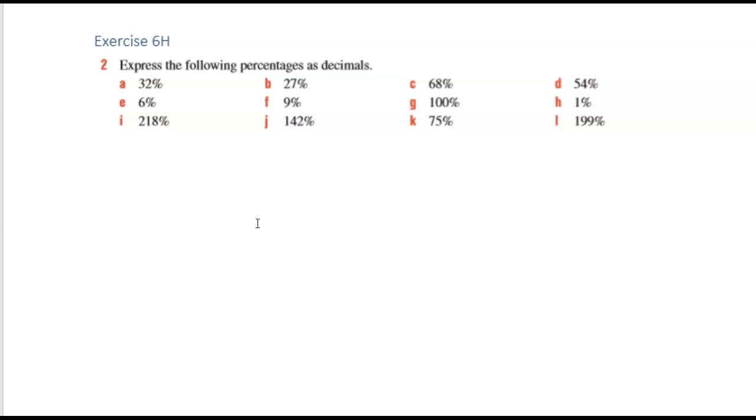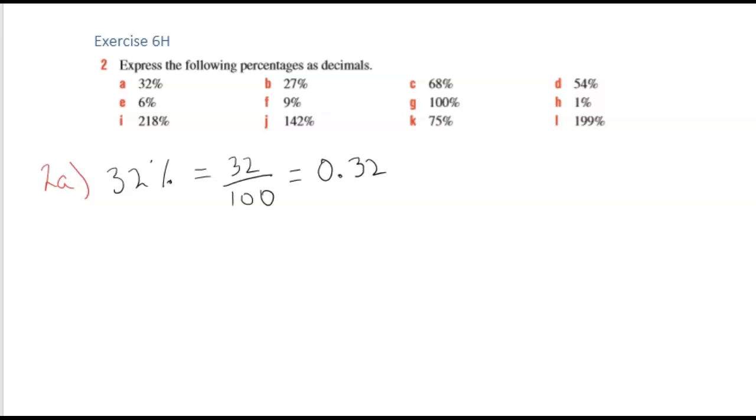Okay, let's move on to 6H. Express the following percentages as decimals. Let me just write 2A. We have 32%. Now, percentages are just a proportion of 100. That's what percentages mean. So 32% can be written as 32 out of 100. If we're going to write that as a decimal, that's 32 hundredths, so